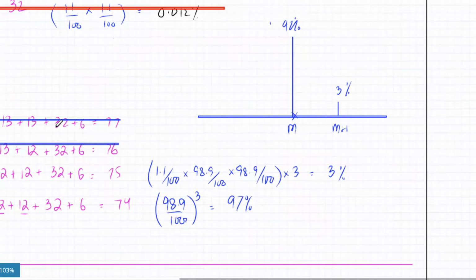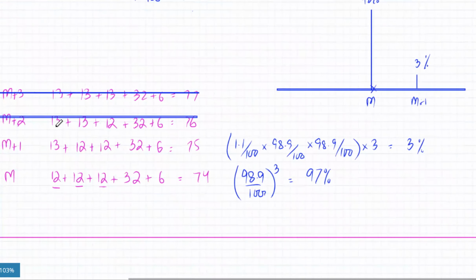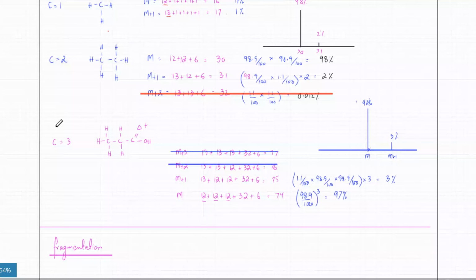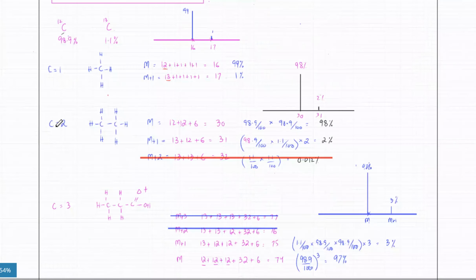98.9% is the probability of carbon-12, yeah? Yes. Okay. But is the idea clear? Secondly,